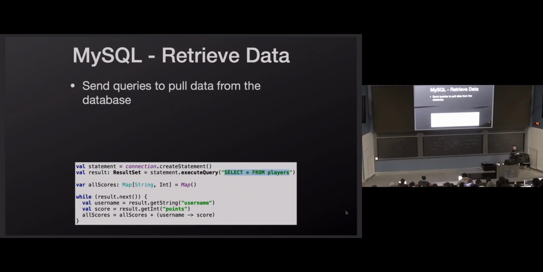This select star from players is going to give me everything from the players table. And then we're going to loop over the results and gather the results in whatever format we want. This is going to depend on your language, but this is the typical setup. You're going to fire off the query, you're going to get some results object, and then you're going to iterate over the actual results and do whatever you got to do with those results.